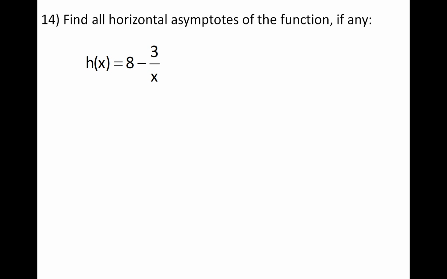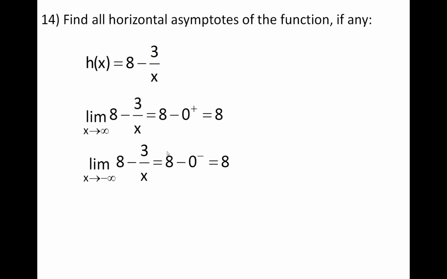In this question, we have to find all the horizontal asymptotes of this function. So the horizontal asymptotes, to find those, you're really trying to find the end behavior of the function. In other words, what we're trying to find is the limit as x goes to infinity of h of x. And, well, what happens in this case is as x goes to infinity,